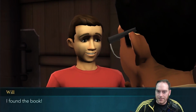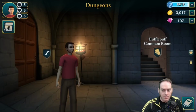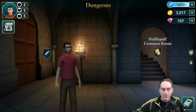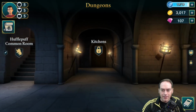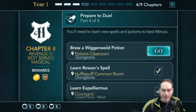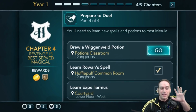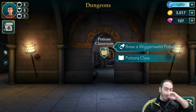Alright. We found the book, the dueling spell, then we have a hallucination that we still don't get to see. I don't know if there's a cutscene coming here or if we're just never gonna actually get to see it. So I've been just trying to crank through as much as I can. You may notice I'm already up to like 5 in all of my stats. The game has been almost completely identical so far, apart from the UI. I'm in my preparation to duel, and dueling is where I think it's going to get interesting, but I also wanted to make sure that I had the stats to pass some of the checks that I missed the first time that I went through, so I took a little time to kind of